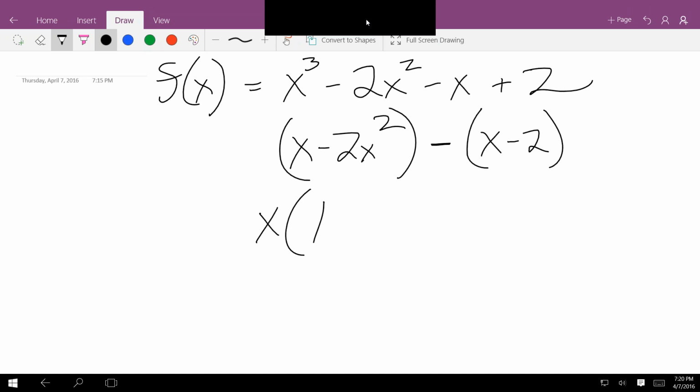leaving 1 minus... Oh, you wrote an x instead of an x cubed. Thank you. So now we could take out an x squared. No wonder it wasn't working like I wanted it to. Thank you for catching